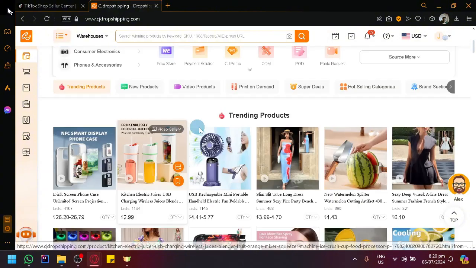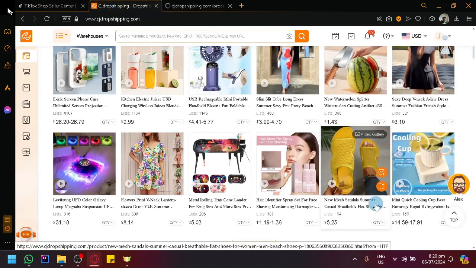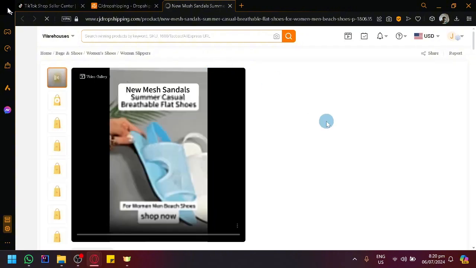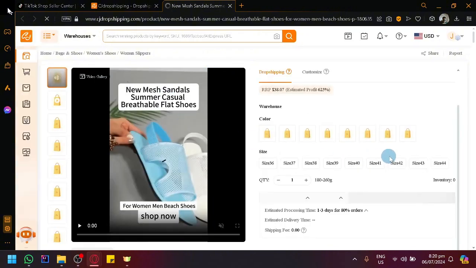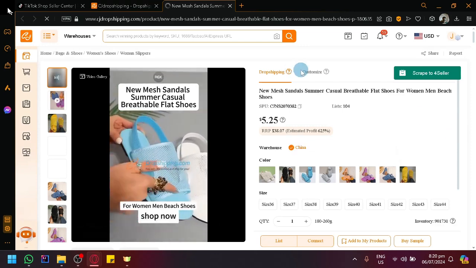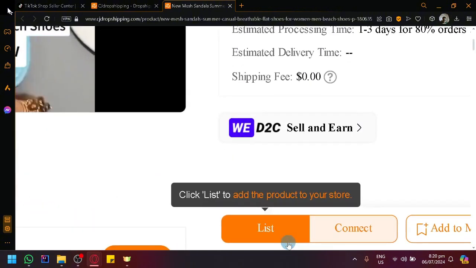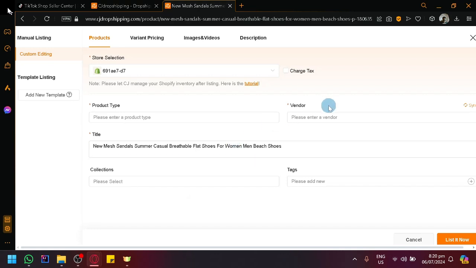And the next step is to simply look for a product that you want to sell in TikTok. So for example, maybe these slippers over here. It looks nice. What you're going to do is open it in another tab, just like this one, and you will be able to see all the necessary information that you want. Then you could see over here at the bottom, you have the option to list. So simply click on list,